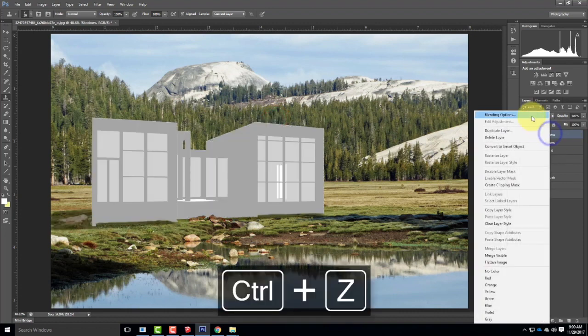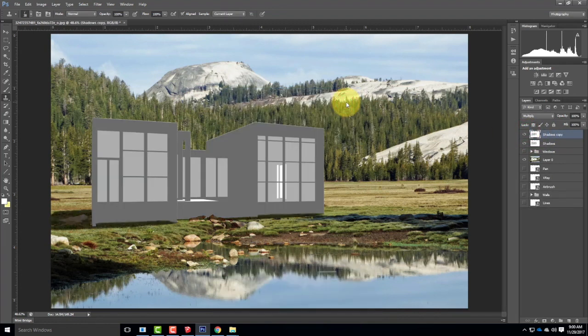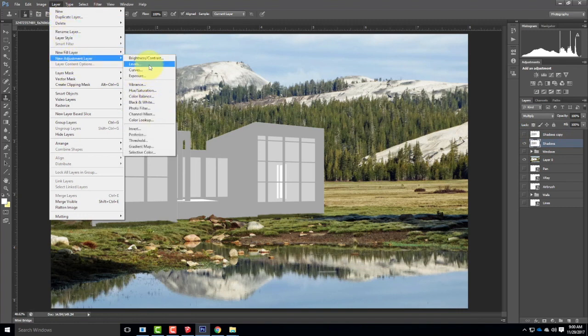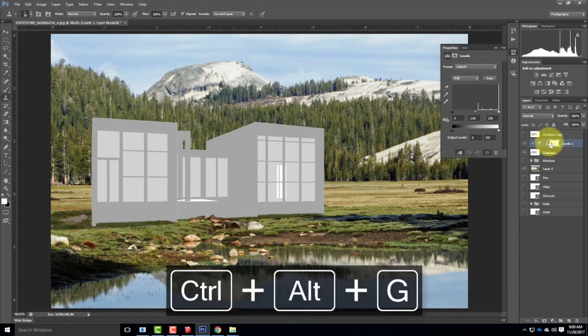I think I said delete instead. To make those shadows a little bit darker, I need to go in and on the shadows layer do an adjustment. So layer, new adjustment layer. I'm going to do a levels adjustment on it. Control-Alt-G to tie only to the shadows. And then we're going to darken up